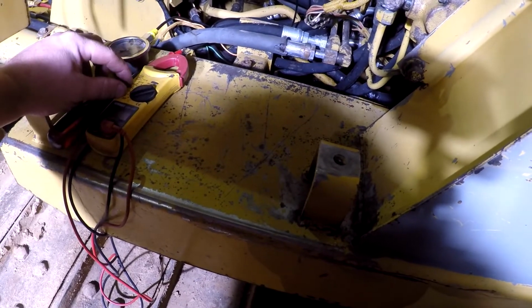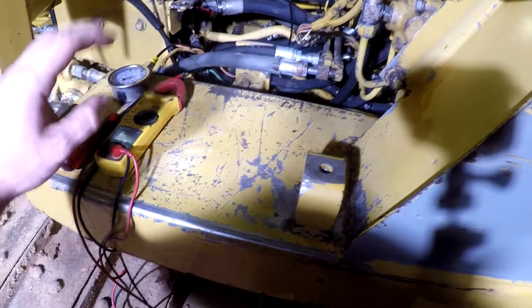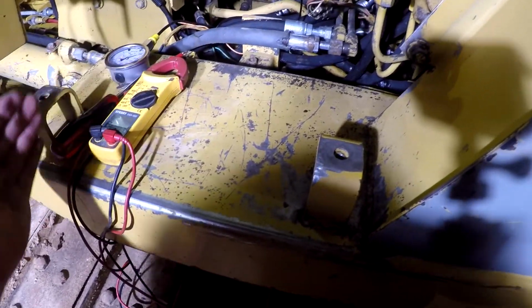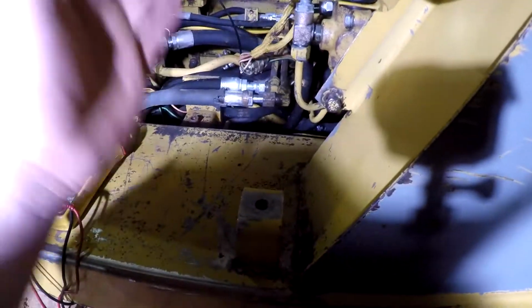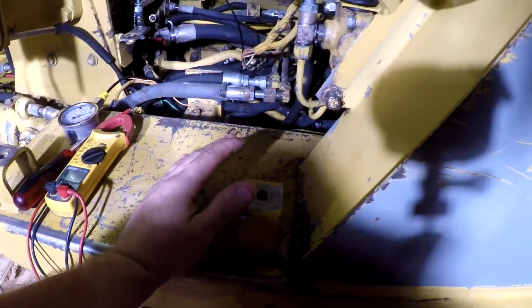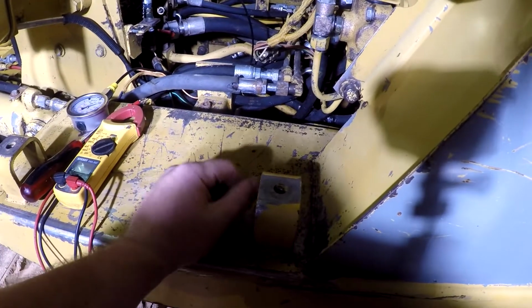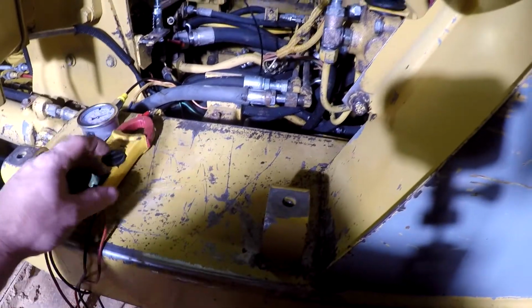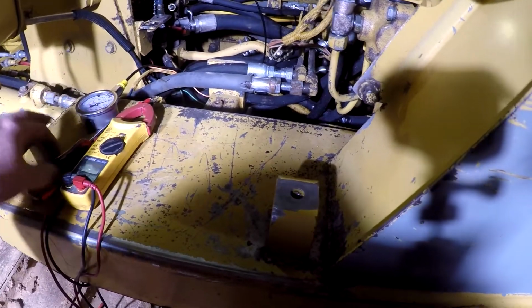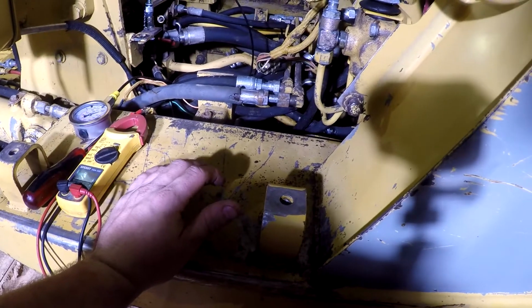And with a digital meter like this, you can have one strand of this little wire right here, and it'll show that the circuit's good. It'll show you've got voltage, and it'll ohm with no load on it. You'll think everything is great, but when it's under load, whatever you're messing with won't work. And I dislike doing electrical stuff for that reason, because you're liable to have a wire that's almost in two, and unless you can test it with load on it and figure it out, or unless you find it pretty easily,